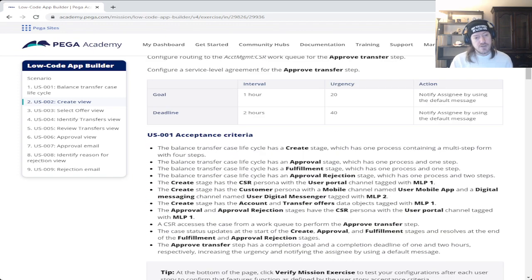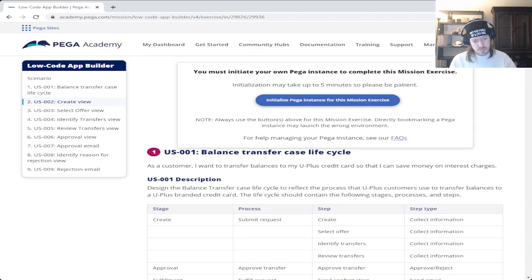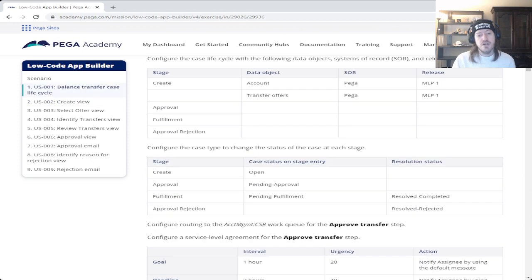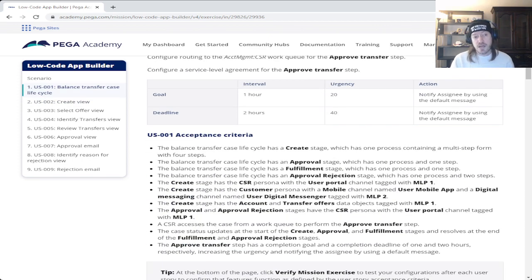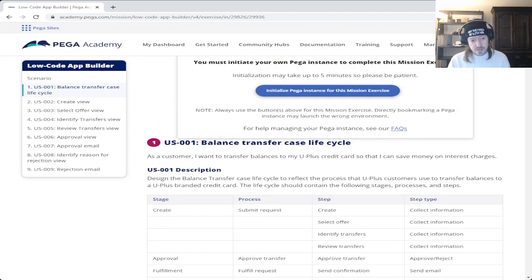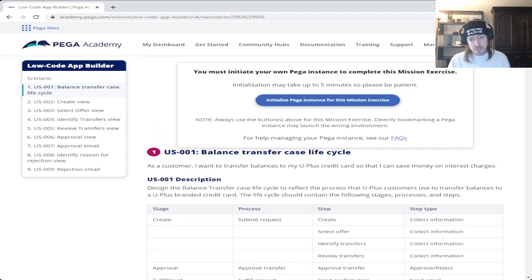If I complete all parts of exercise one and then close the instance out, everything that I've done in mission one is going to disappear. It's going to just go bye bye. Okay, it won't save it, right?